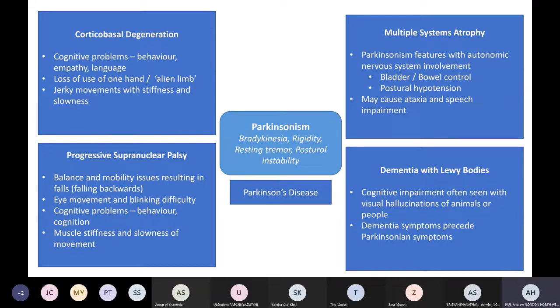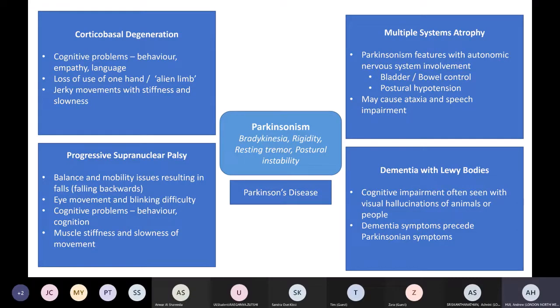On the top right, we have multiple systems atrophy, or MSA. The prominent features here are autonomic. So you'll have your Parkinsonism, but there'll be bowel or bladder problems or really poor blood pressure control. You may also get ataxia, so cerebellar ataxia, and speech impairment with MSA. We have PSP, which we've talked about. SBAs love to talk about falling backwards, problems with vertical movement or the gaze, and sometimes cognitive problems too, like